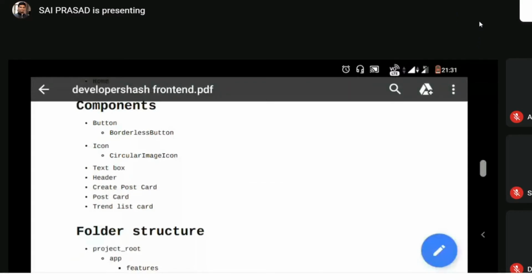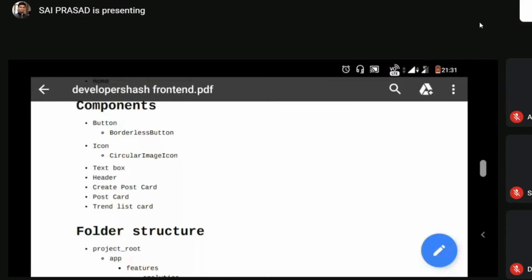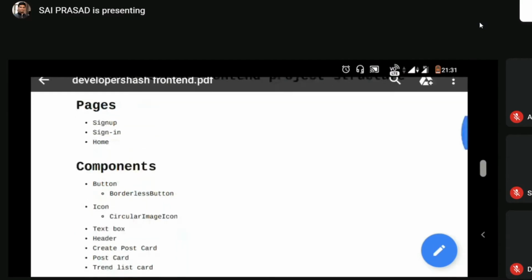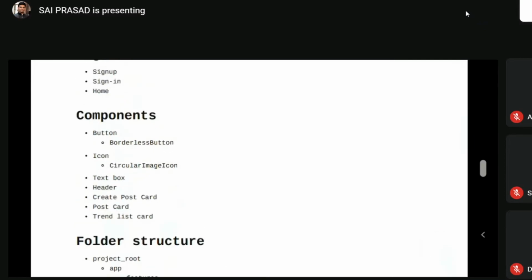I'll share that wireframe. So basically, it has a sign up screen, which has a material UI kind of text box. When you type, the label goes up, basically the placeholder goes up, and when you come out of focus, it comes back to the placeholder's place. So we have a text box here, so that needs to be developed. Hence the text box.